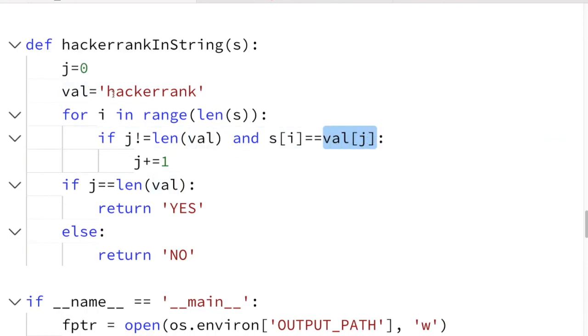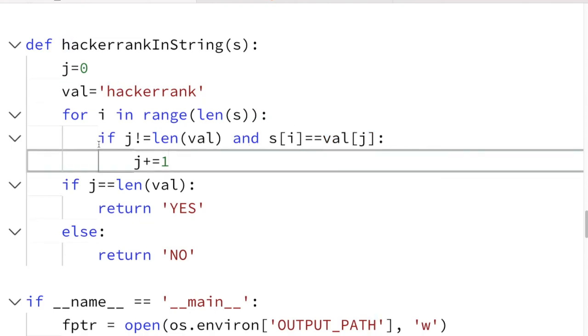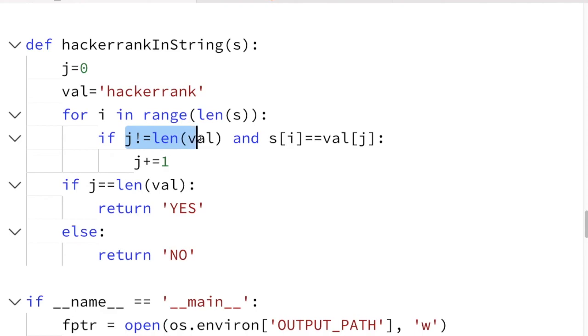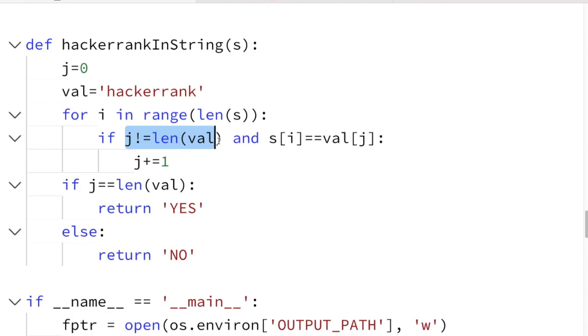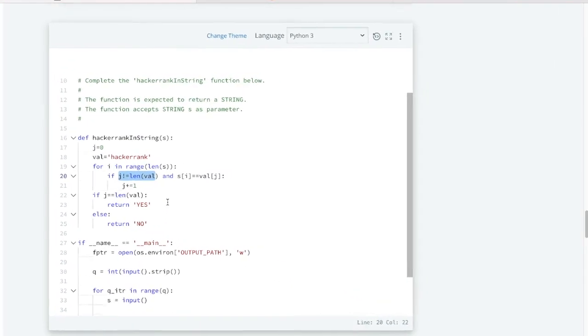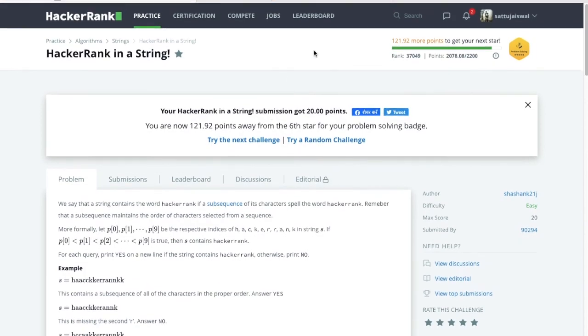If the characters at the indices are equal, and at the same time j is not equal to the length of the total val, then we move one by one in the string HackerRank, till this j value is not equal to the length of this val. This criteria is just to avoid the index out of range. So this was the problem. So I hope you understood.